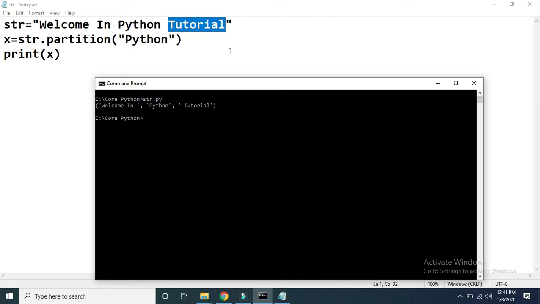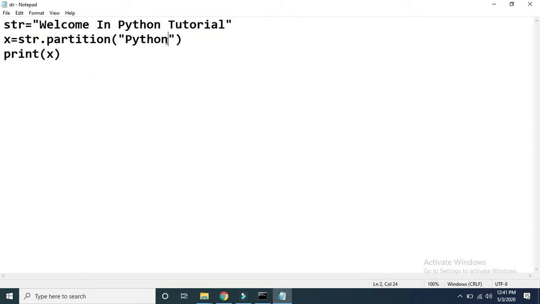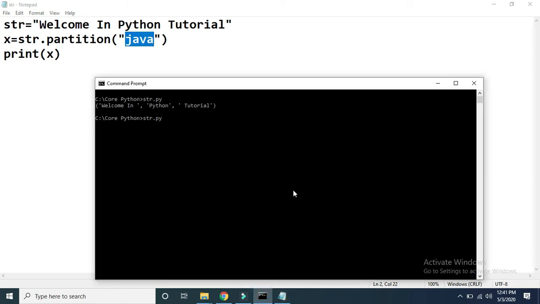Okay, now see, sometimes it may happen that, suppose here for the partition I'm passing a keyword like Java. Now in this case what will happen, Java is not present in str. If this is the case, then also the compiler will divide this particular string into three different parts, even if here you are passing a keyword which is not present in the str. I want to show you the output of that one.